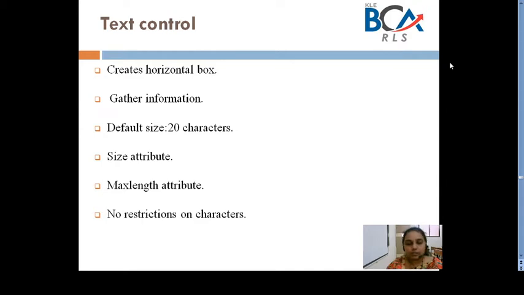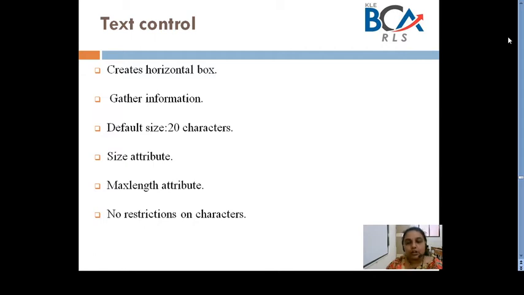There are no restrictions on the characters that can be typed into a text box. So, you can include double quotes, any special characters, numbers could be included in your text box. Therefore, the entered contents of your text box nearly always must be validated either on the browser or on the server to which the form data is passed for processing, or it should be done on both. Validation is done on the client to avoid wasting time by sending invalid data to the server.